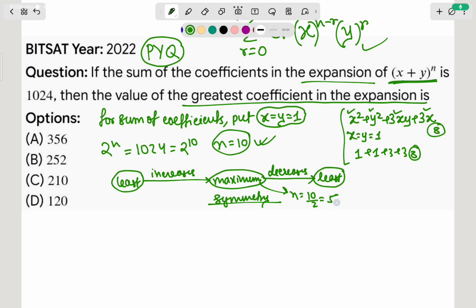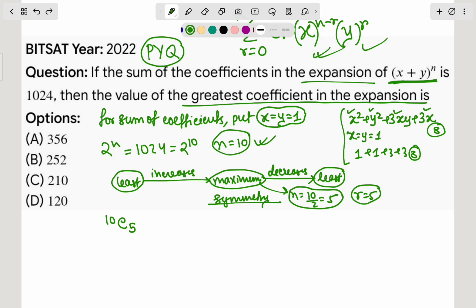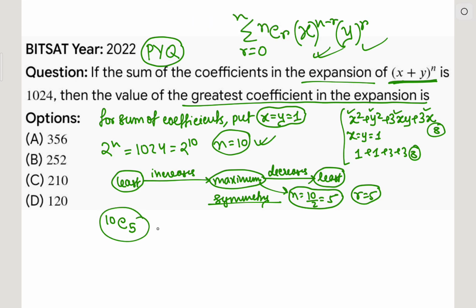Now see, for the maximum, r will be equal to 5. The actual n is 10 and the value we got is 5, that is the maximum. So for our case r is equal to 5, because we have to check the maximum value of the coefficient, the greatest coefficient. So r will be equal to 5 and n will be equal to 10. Now put it in the given expression, that is nCr, 10C5. We are asked to find the value of the coefficient, that is 10C5, that is